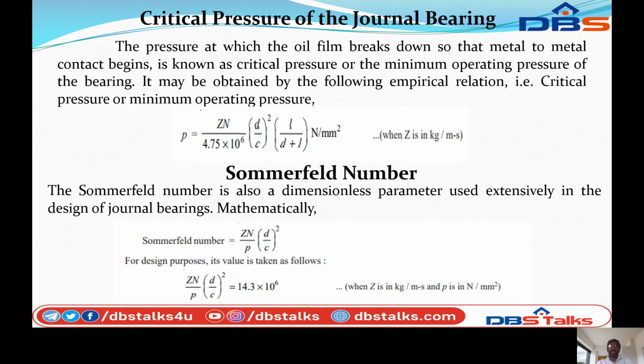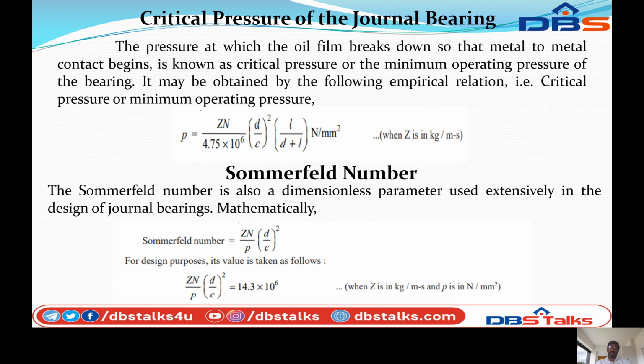The critical pressure is the pressure at which the oil film breaks down and metal-to-metal contact occurs in the bearing. So the following empirical relation is P equals Zn by 4.75 into 10 power 6, into D by C whole square, into L by D plus C, Newton per mm square. Here Z is